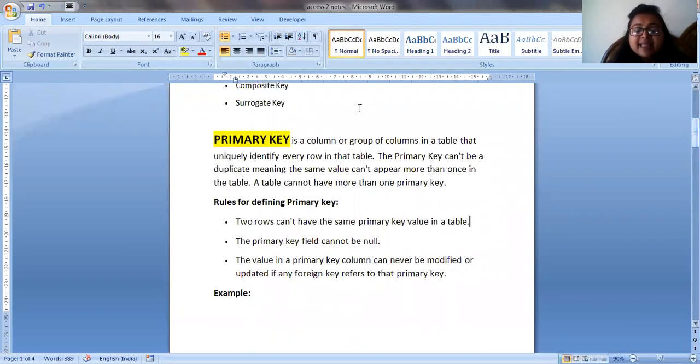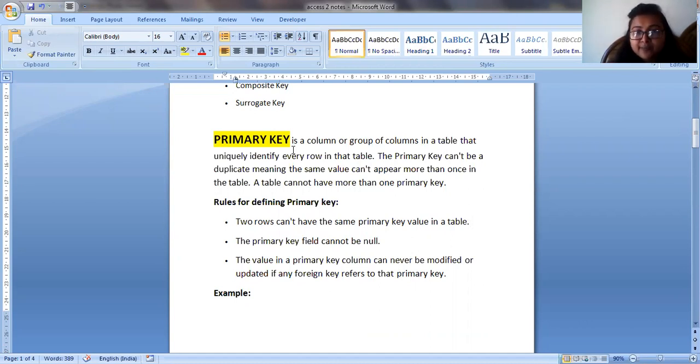A primary key is a column or a group of columns in a table that uniquely identifies every row in that table. The primary key can't be a duplicate, meaning the same value can't appear more than once in the table. A table cannot have more than one primary key.